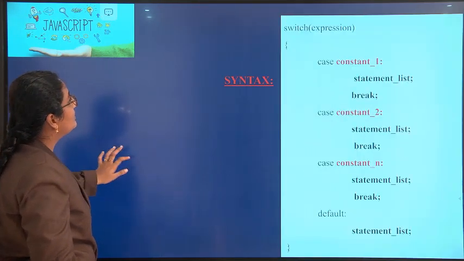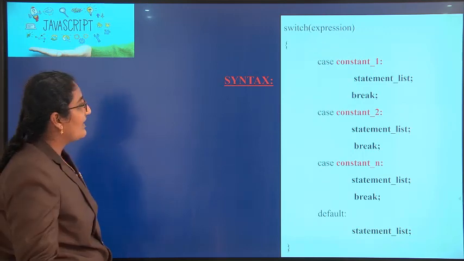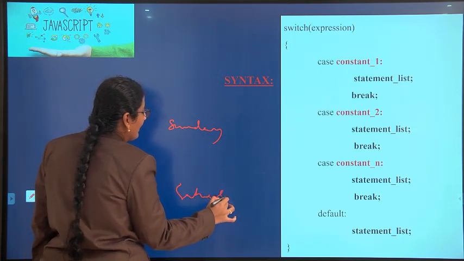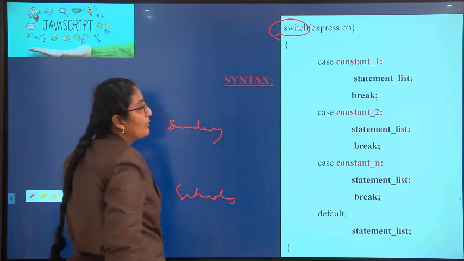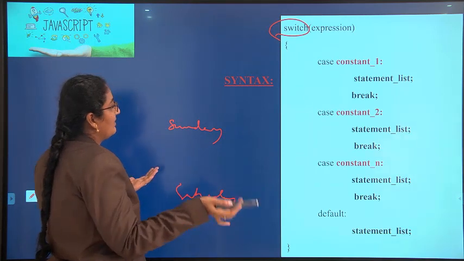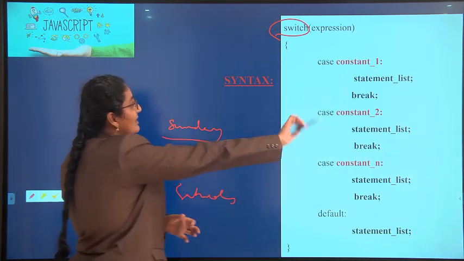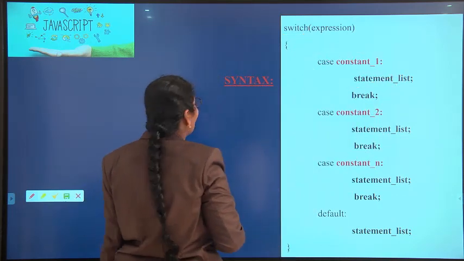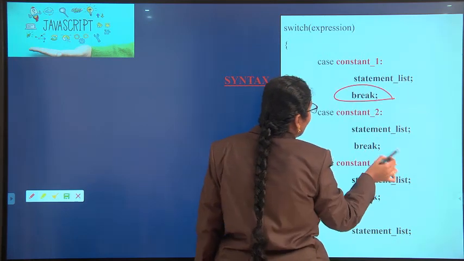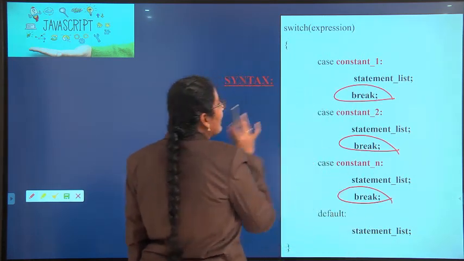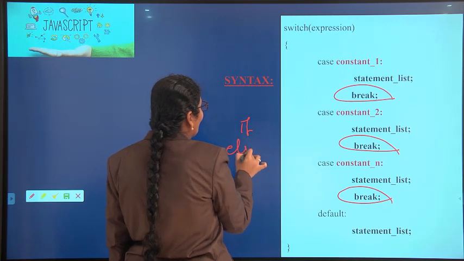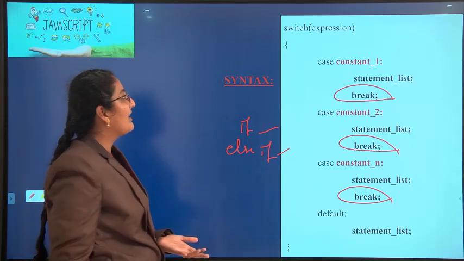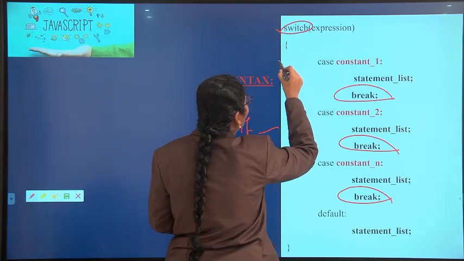So next we will go into switch. You already know, if you want to print Sunday to Saturday, then you will use switch. If you want to print more than one output, you can use a switch. See, case 1 statement break. A very important feature in switch is break. Same like if and else if, switch is also there. But in if and else if we are only checking 2 conditions. In switch you can check multiple conditions.